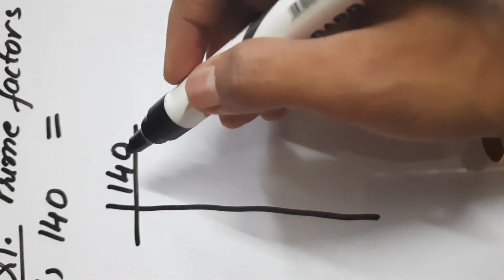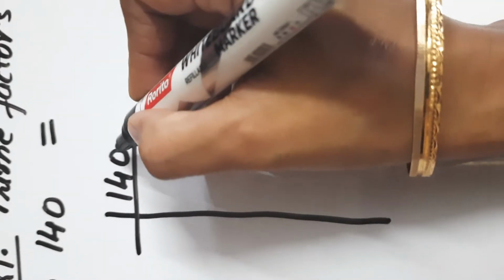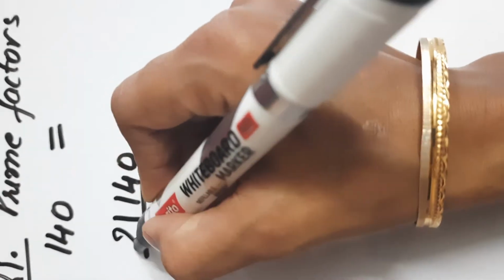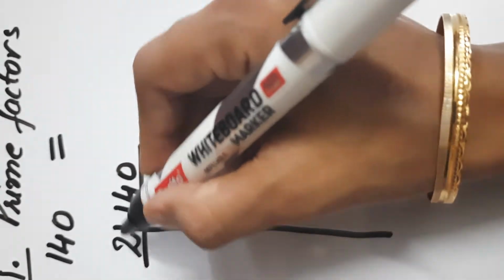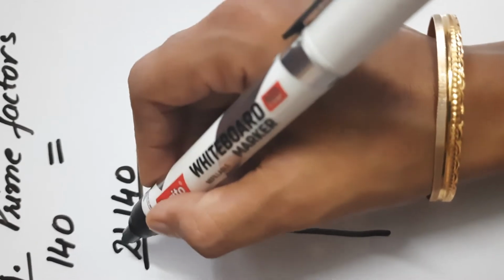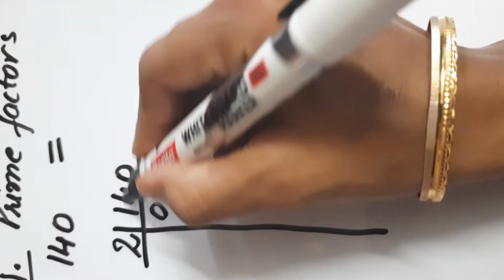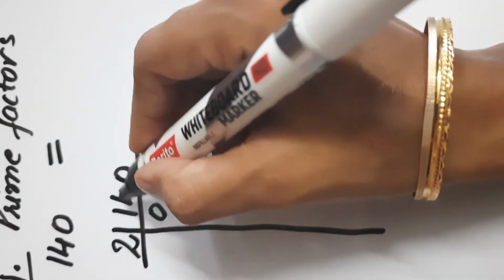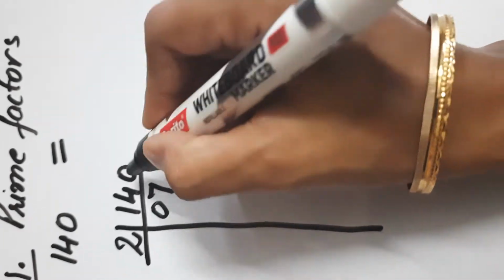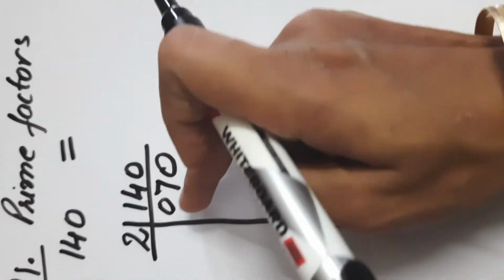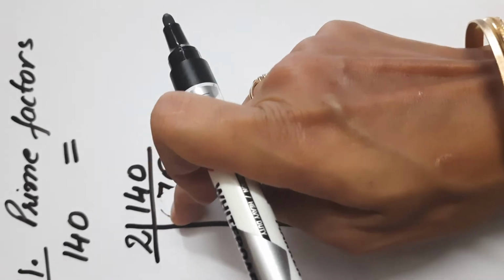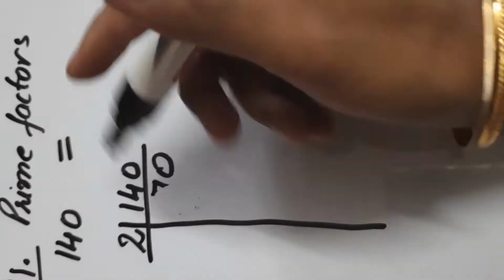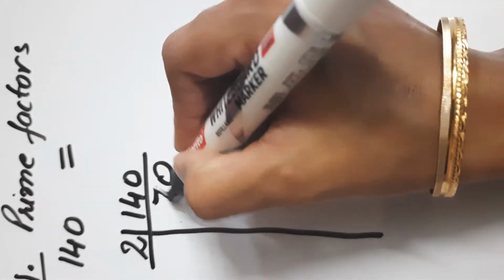Like the first part, 140 is there. As 0 is at the ones place, we can divide it by 2. It is an even number. 1 is not divisible by 2, since it is smaller than 2, we will take 0. Then combine with the next digit, 14. 2 sevens are 14, and 0 will be carried forward. And as you know, the first 0 does not have any value, so we can remove it.